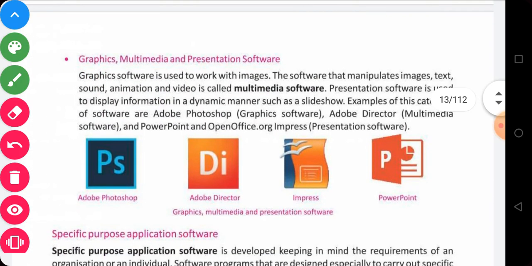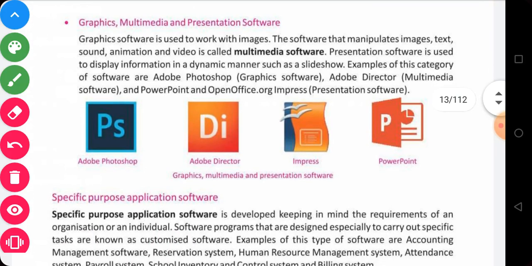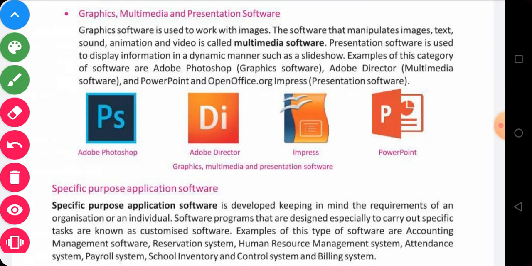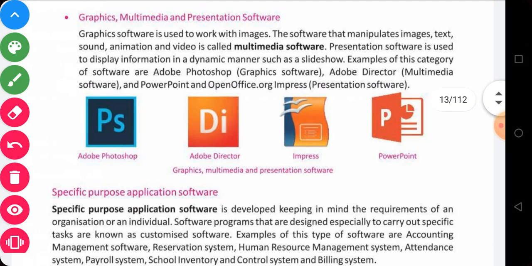And the next topic is graphic, multimedia and presentation software. As the name suggests, this software is generally used to create presentations and to make our animation and video more attractive.